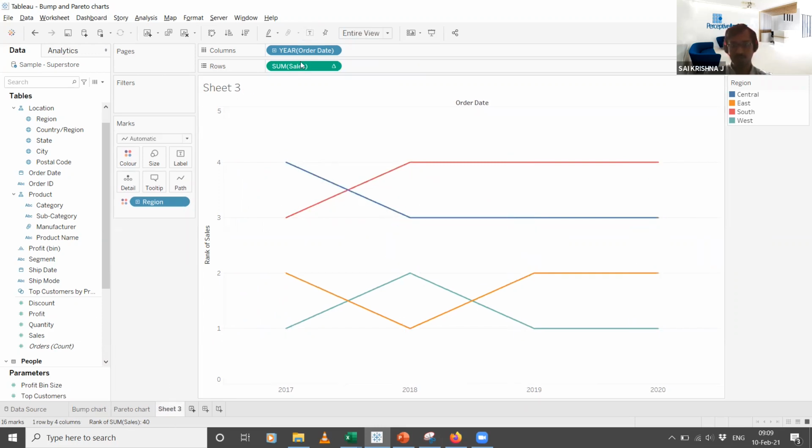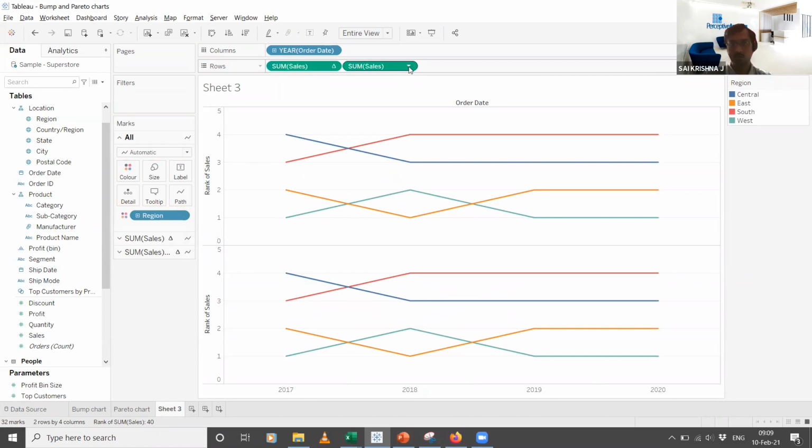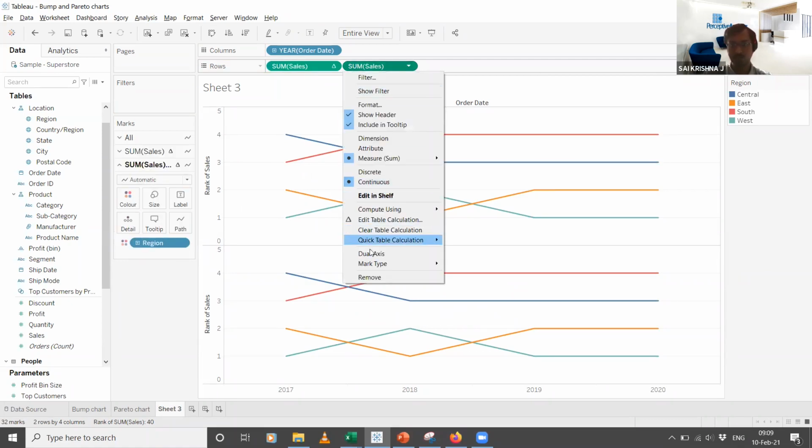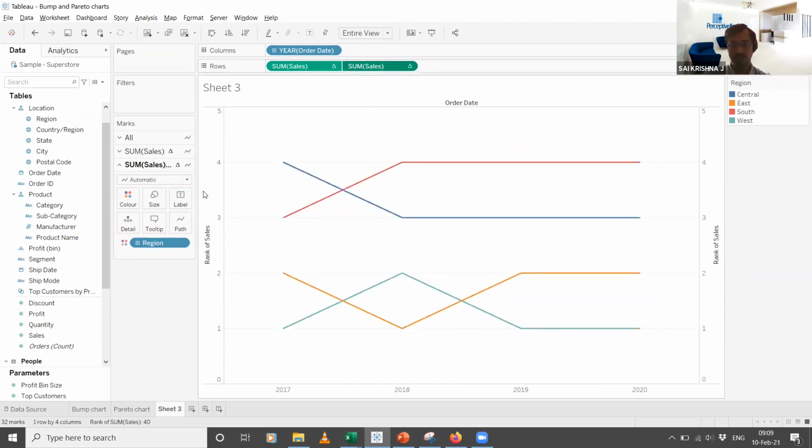It's simple. We make a duplicate of this sum of sales, put it here, click here, and give a dual axis. For the second sales parameter that we duplicated, you change the mark type to circle.